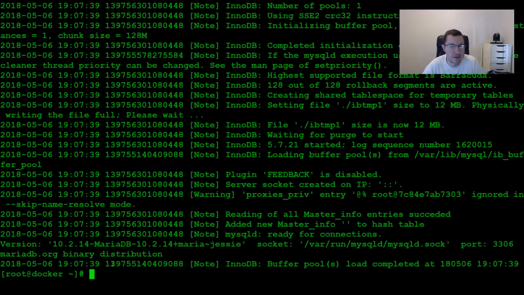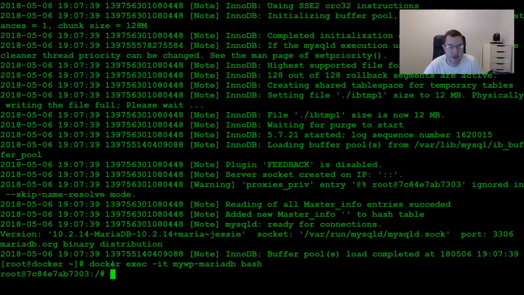If you need to run commands directly on your container, which sometimes you might need to do to troubleshoot an issue, if, for example, the container's not rebooting, but the website or something is not working as you expect, you can just type docker exec -it, and then it would be mywp-mariadb,